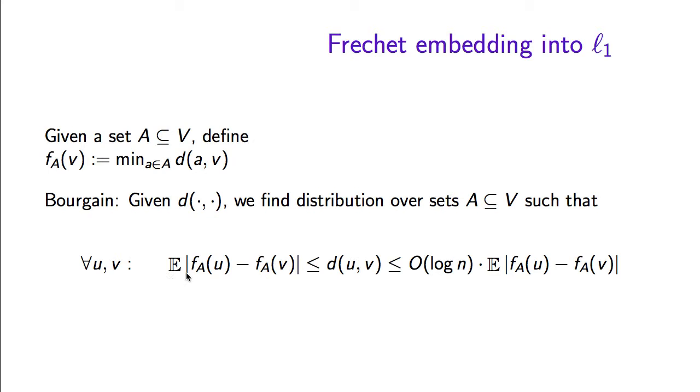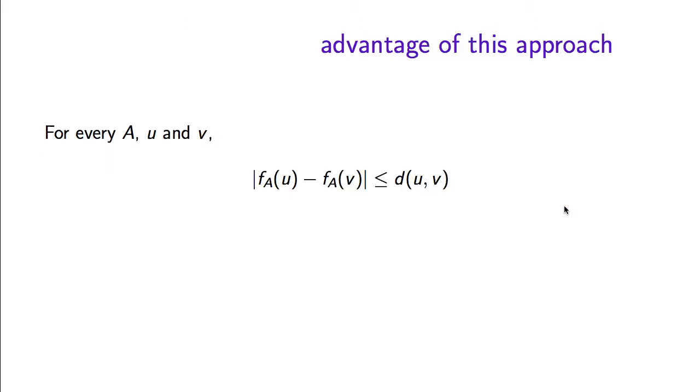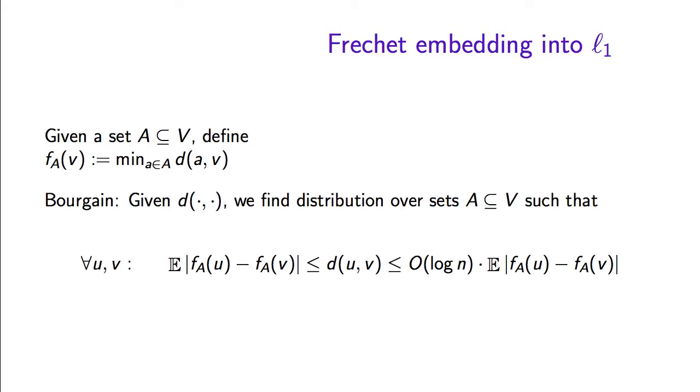Here the expectation is over the choice of the set according to the distribution defined by Bourgain. Now this is not quite what we're looking for, because we're not defining a deterministic embedding of vertices into L1, but we're defining a probabilistic mapping of vertices to real numbers. However, the two are equivalent,